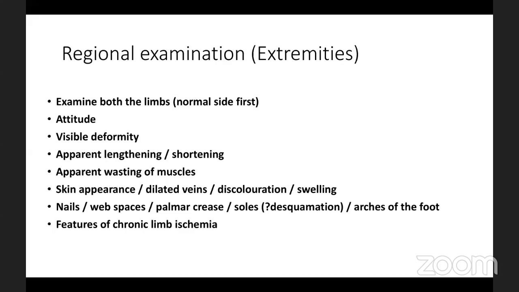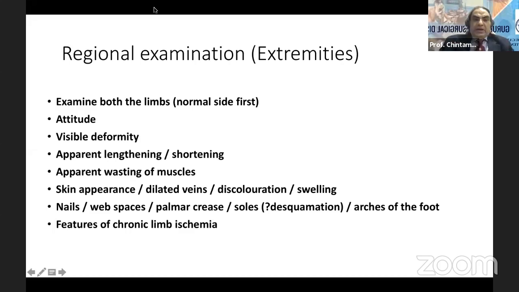Any visible deformity in the form of any old fracture that is malunited, etc. Apparent lengthening or shortening becomes important, which can be a part of fractures or injury to the hip. And apparent wasting of muscles, which is a sign of chronic limb ischemia or disuse atrophy. Don't always take it as chronic limb ischemia. It can also be disuse atrophy. And then you have